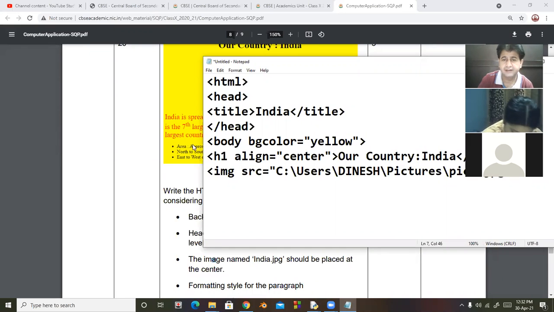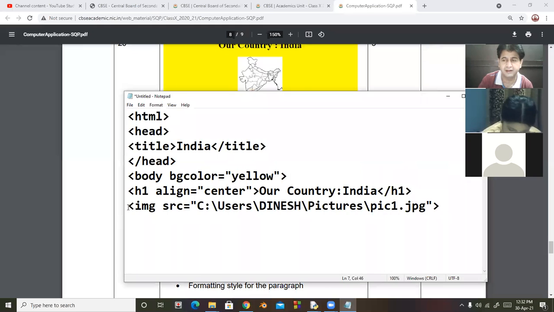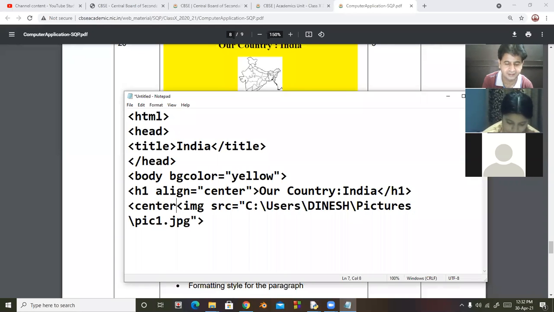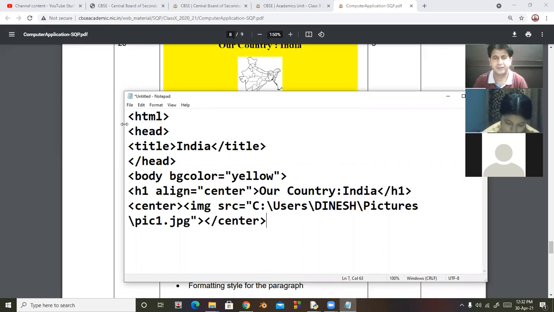After that, this image is center aligned. So take here center tag before image tag, and after the image, again center tag close.